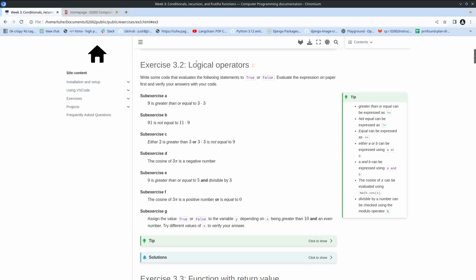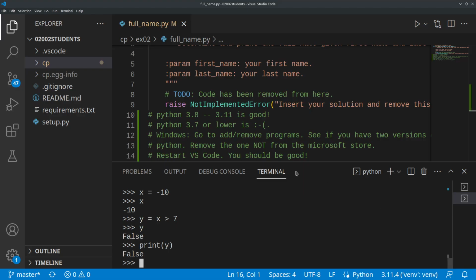Okay, so now we've gotten to exercise 3.2. Now we're supposed to write code that evaluates these expressions and checks if they are either true or false. We're supposed to reason our way through it on paper and then try it out in code. But I think I'll skip that part a little bit and just try to reason through it using